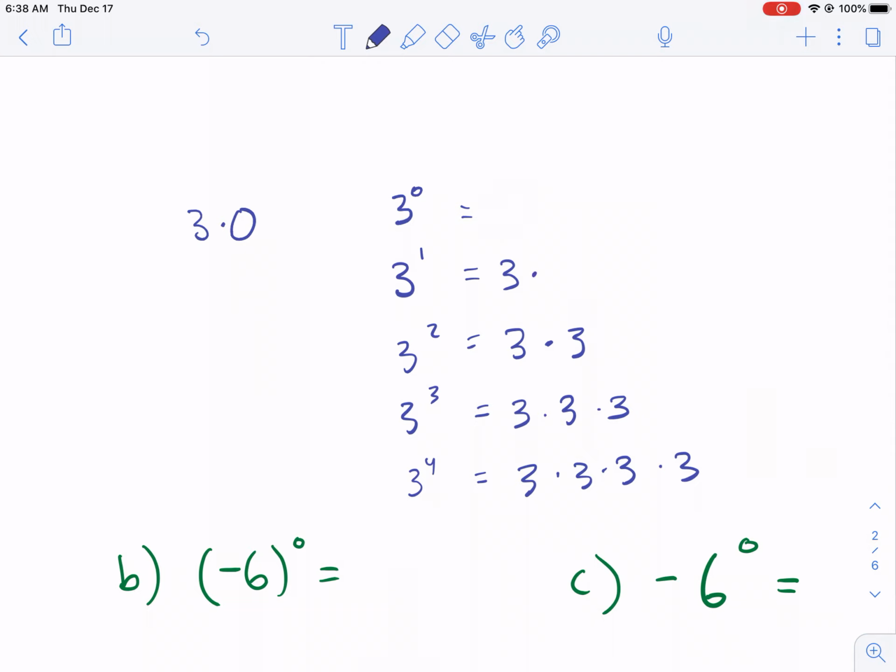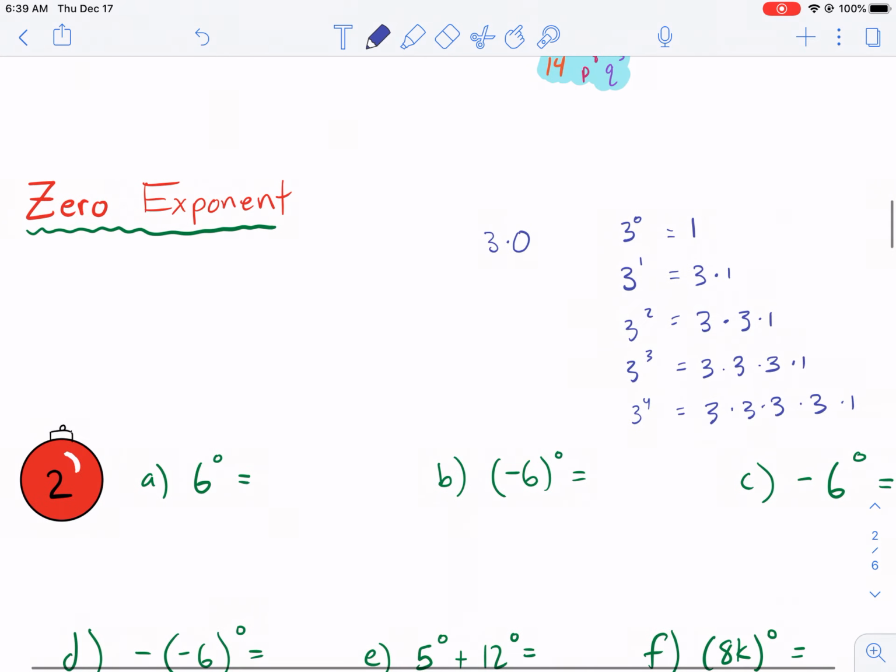Well, technically, 1 is a factor of all of these also. So we can multiply this by 1. It wouldn't change the value. So as we get to 3 to the 0, we're going to remove a 3, and we're left with just 1. So anytime we have a 0 exponent,